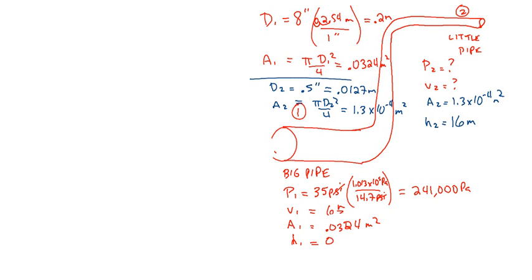All right. So here we go. I have 2 unknowns. That means I have to have 2 equations. The first one that I want to use is the equation of continuity. A1 V1 equals A2 V2, and here again we can solve for V2. So that would be A1 V1 divided by A2. I have all those numbers, so this would be